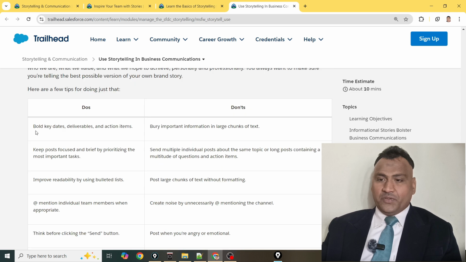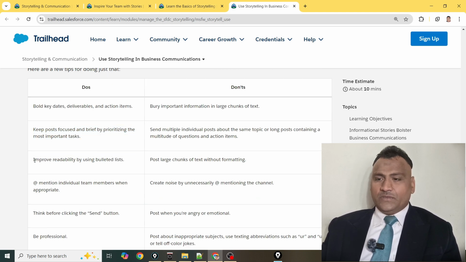Here are a few tips for doing just that. Do's and don'ts. Do bold key dates, deliverables, and action items. Don't bury important information in large chunks of text. Key information, key bullets, is like breaking news.